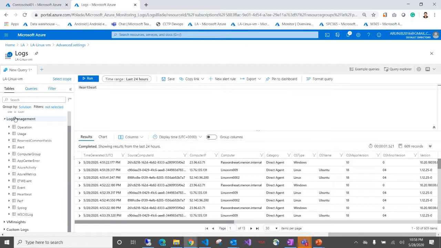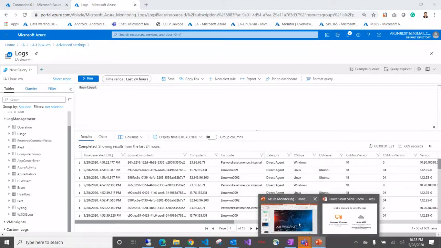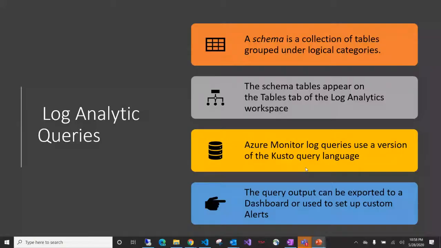Likewise, we have a lot of logs, but it is very difficult to bring out any kind of meaningful data from this. For this, we'll use a language which is popularly known as Kusto query, or log analytics queries. A Kusto query is a read-only request to process data and return results. The request is stated in plain text, using a data flow model designed to make the syntax easy to read, author, and automate. The query uses schemas and entities. In case you have worked with a SQL database, you must know what a schema and a database are.